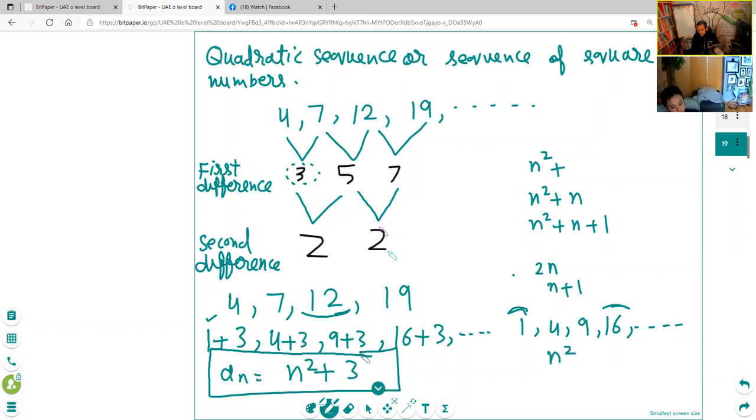Is it clear or not clear? If there is confusion, you should tell me and I will teach on my whiteboard. No confusion, it is clear. It is simple. When you see this is a quadratic sequence, then in the first term we will add 1 and plus 3 remaining. In the second term there will be the second square number, 4, plus 3. So this is the general form.